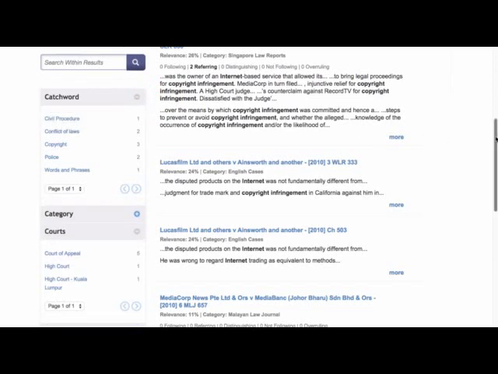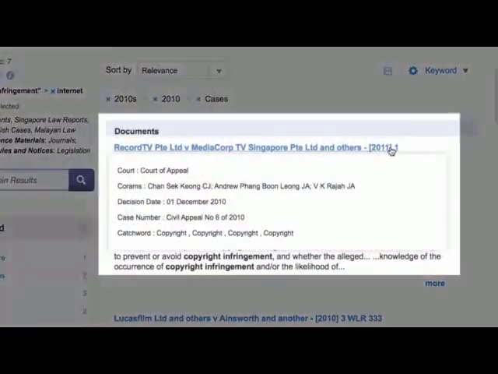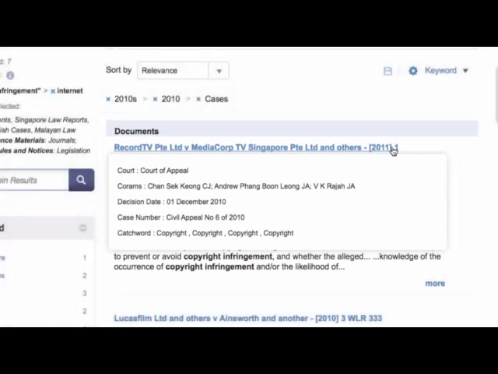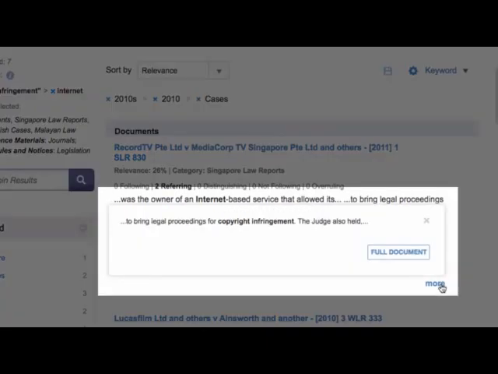Now let's move to the actual list of documents found in the search. Hovering your mouse over the document title can give you more details about each document, such as the court, quorum, and decision date of a case. If there are more instances of the search terms within the document, you can hover your mouse over the More